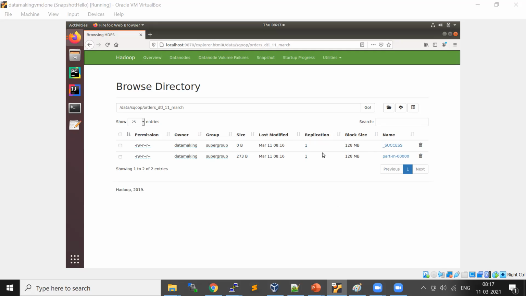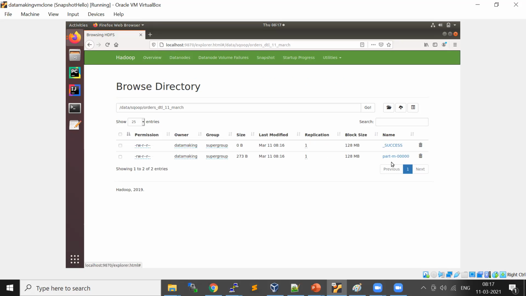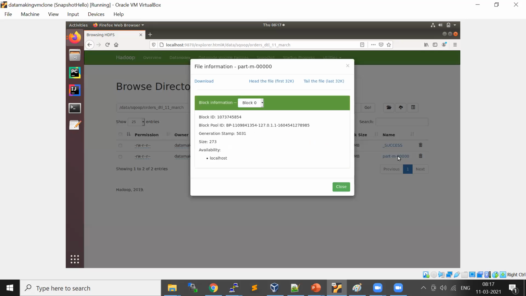So basically it moved the data to this directory, which I specified as the target directory. And you see there's a file. If you have multiple map tasks, you will have different files. For each map task, you will get one file.